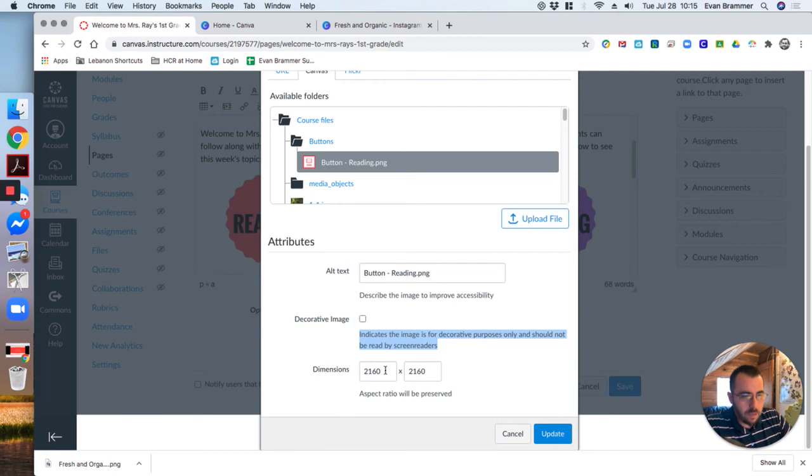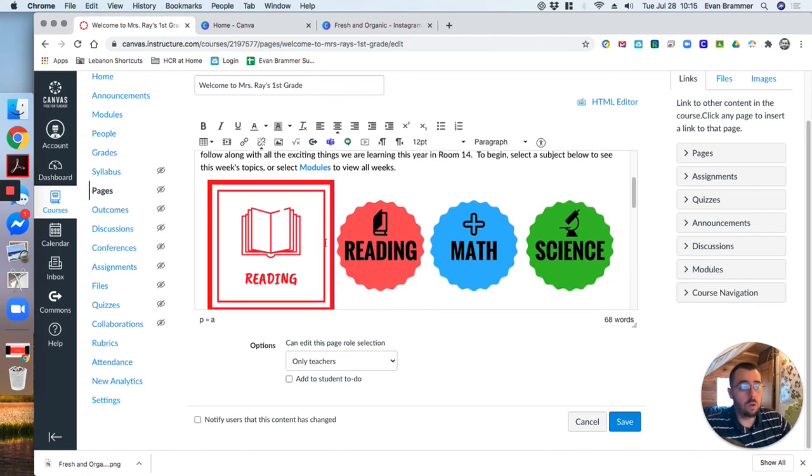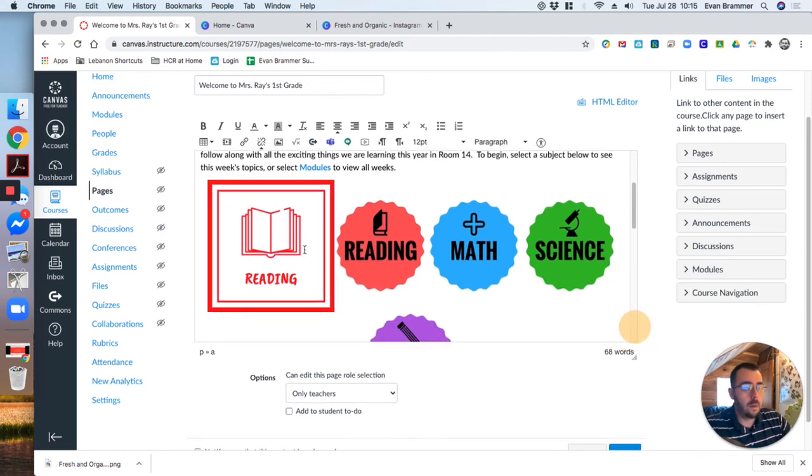And the next part here is dimensions. Now, this image is huge. It's 2,160 pixels by 2,160 pixels. That's way too big. And so I'm just going to guess, I'm going to say 250 and 250, and we'll see if that's a good size. Update. And that's still a bit big. Actually, that could work. But I can come in here and I can